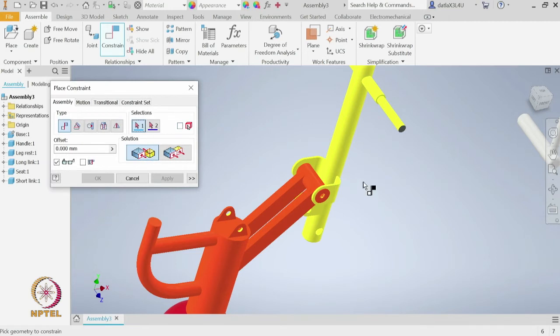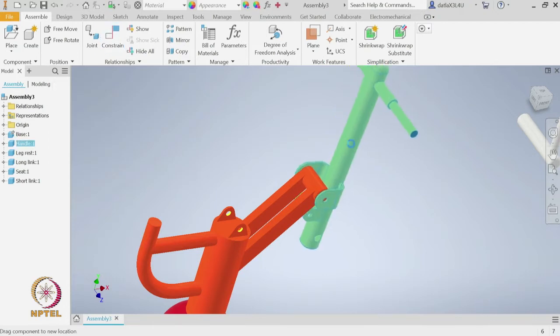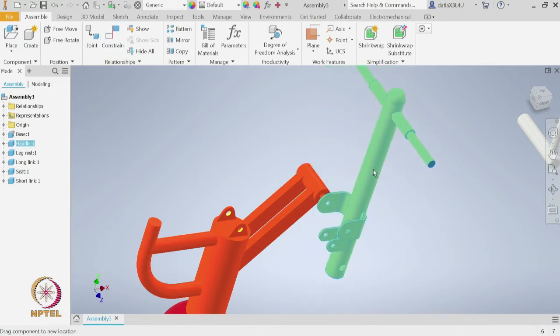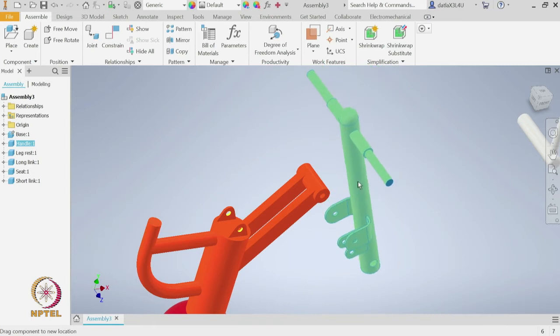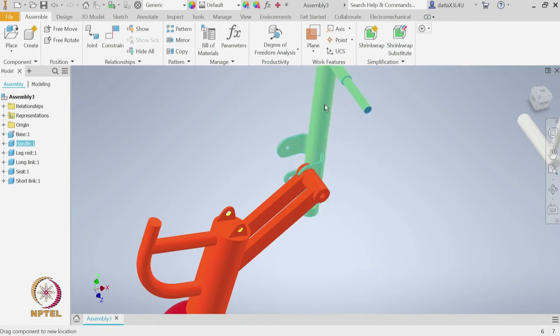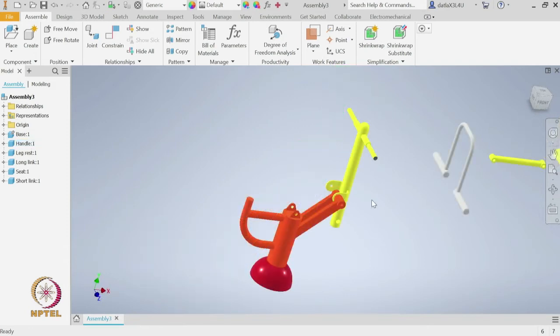After this let us make sure that this bar, currently if you see, it is free to rotate about that axis and it is free to move in this direction. So, let us constrain that. Now we need to constrain by saying that this handlebar should be vertical.